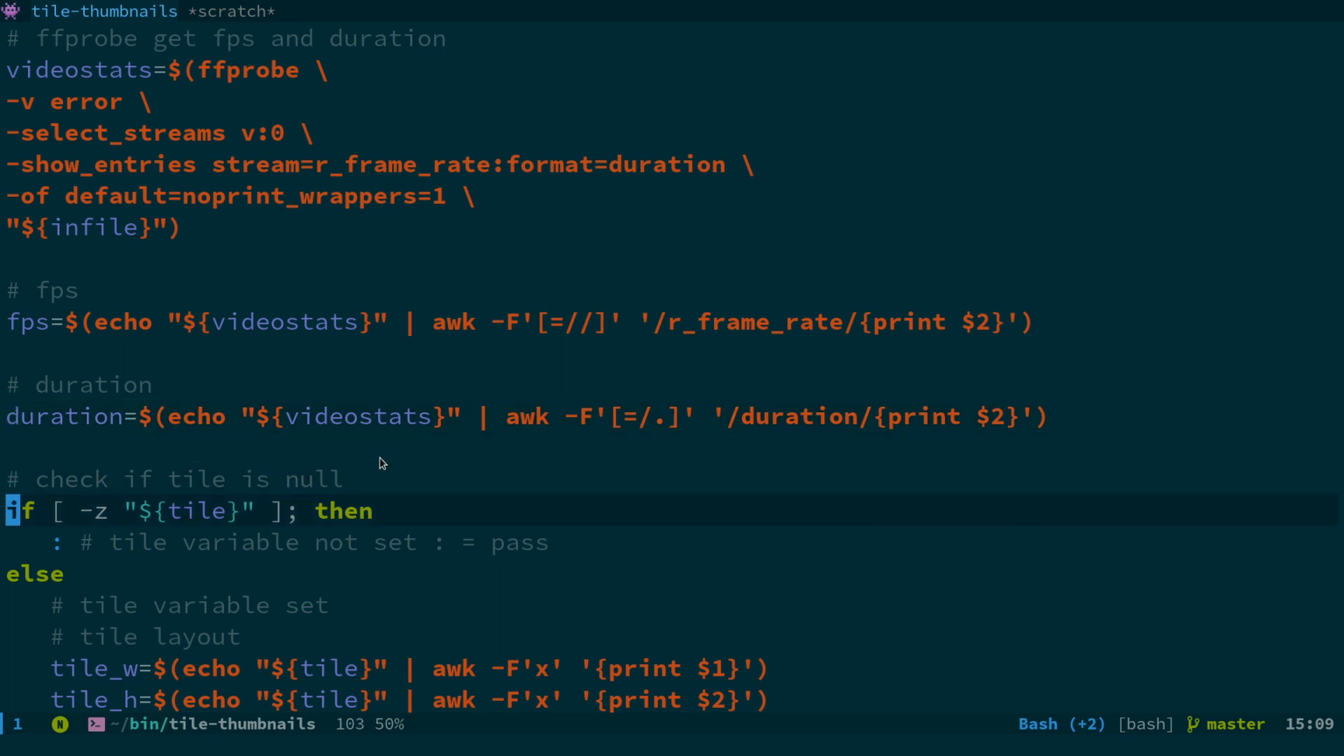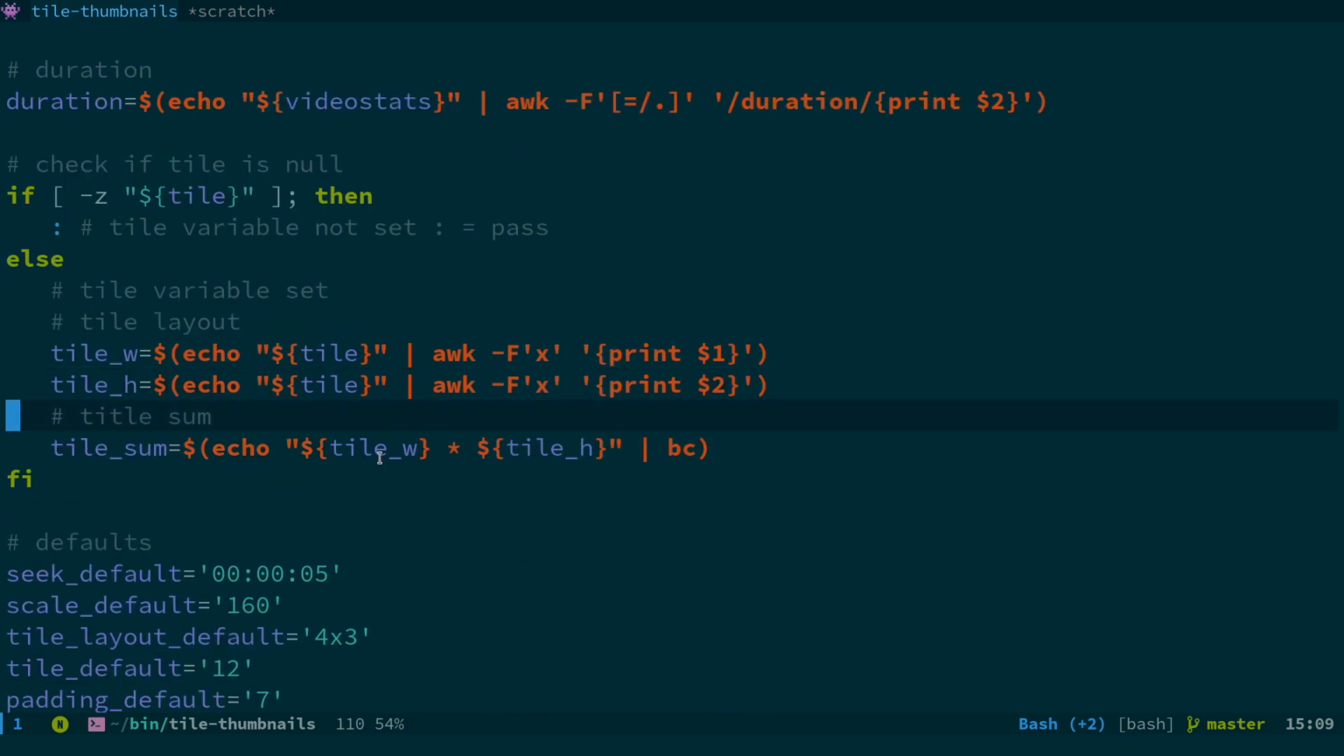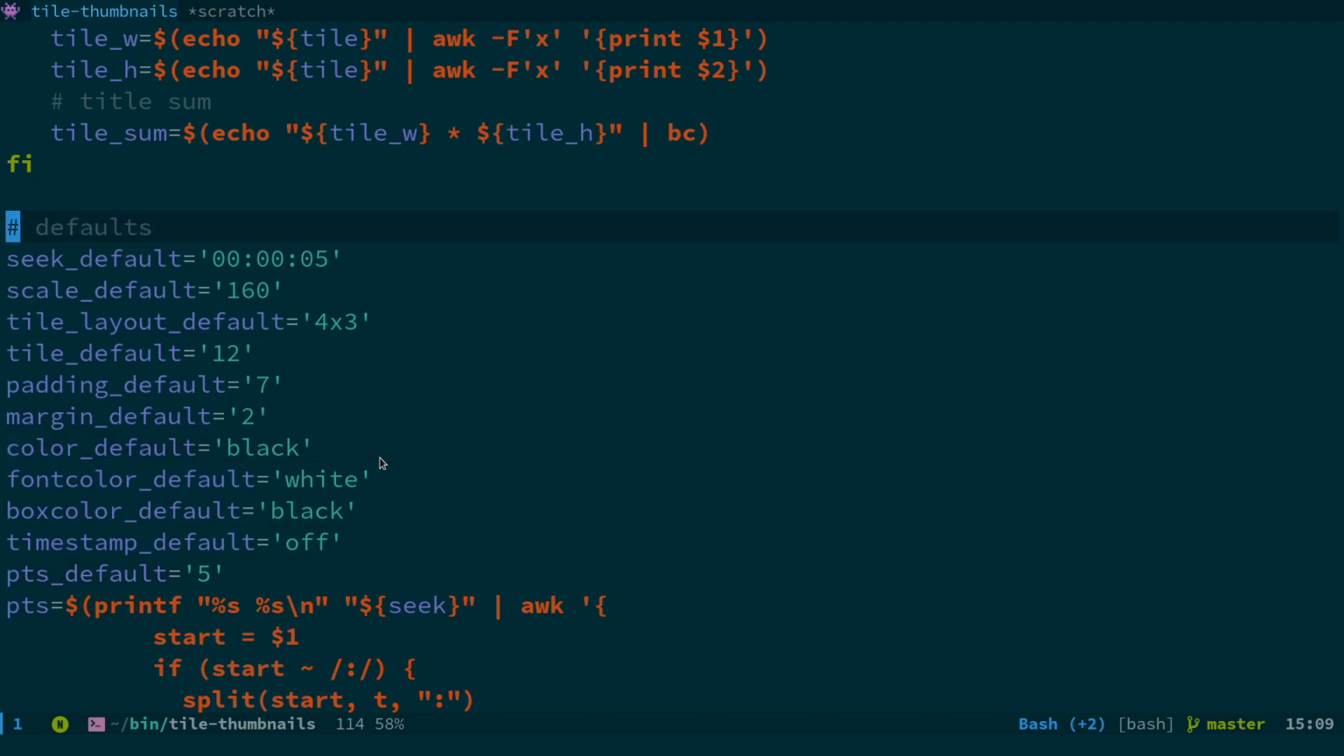And then what we're doing is we're running a couple of checks. So we're actually checking if you've actually set the tile option. So this will check if you run the -t option and you've passed something into it. If not, it will just use the default. And then what we've got down here is a series of default options that you can override, like the seek